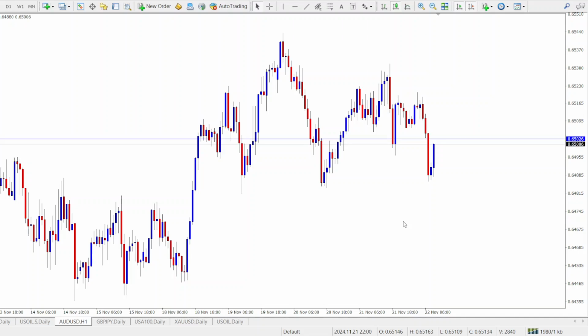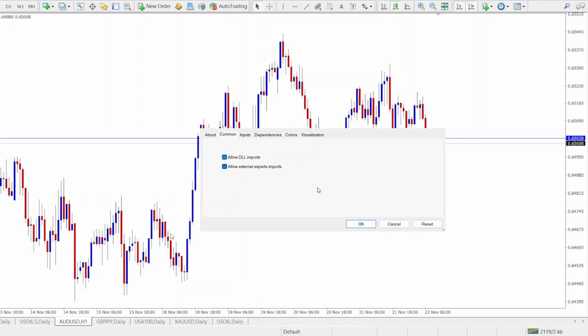Alright, in this particular video, we are going to be discussing the non-repainting SuperTrend Indicator. This indicator is a custom indicator, meaning that you would have to download it and upload the indicator file to your indicators library before you can add it to your chart on the MetaTrader terminal. I'm going to be adding the non-repainting SuperTrend indicator right away to the chart,